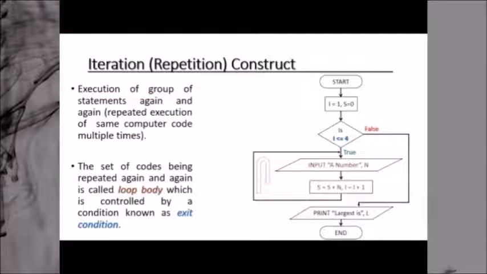Here I had made this particular flowchart to show you the iteration or repetition construct. You can see you are having start, then we are having two variables, I is equal to 1, which is our counter here, and s is equal to 0, the sum we want to calculate. So we are initializing it. Then we are having a condition, I is less than or equal to 4. You know very well I is right now 1. So of course 1 is less than or equal to 4, true.